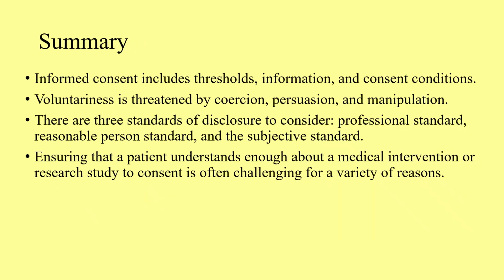Recap what we've talked about in this lecture. So we first looked at informed consent, and we talked about the different ingredients it has, which are thresholds, information, and consent conditions. Then we moved on to look at 3 different features of Beecham and Childress's informed consent model. So voluntariness was the first one that we looked at, which is threatened by influences such as coercion, persuasion, and manipulation. Then we moved on to disclosure, where we talked about these 3 different standards of disclosure: